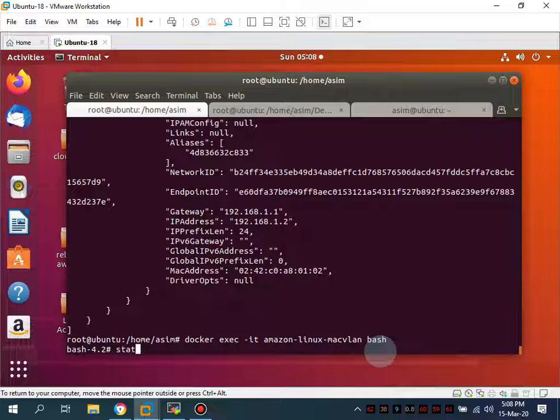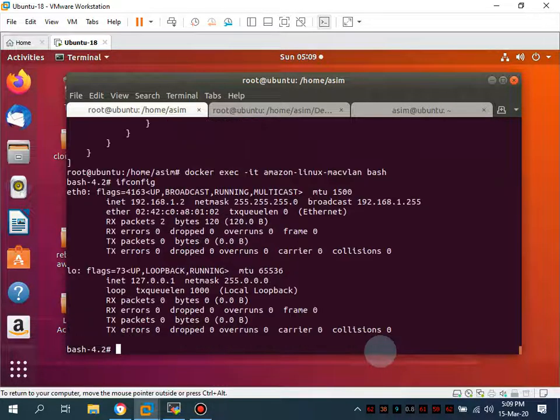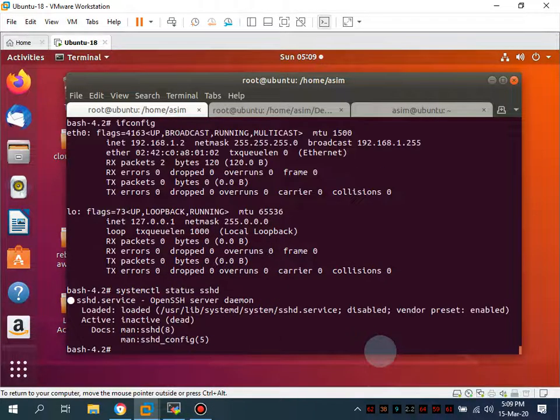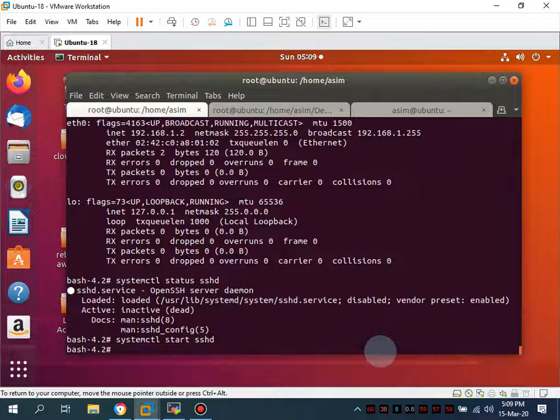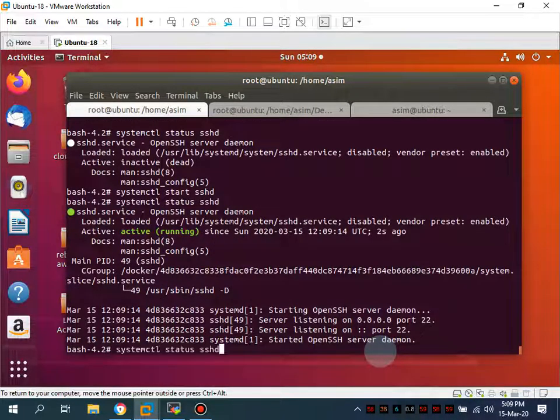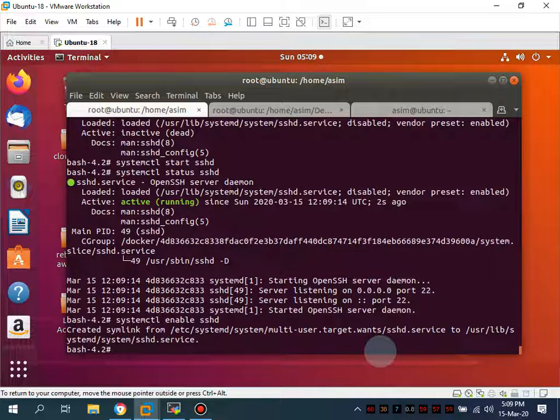Okay, so see the systemctl. I've already installed the SSH service in it, and ifconfig as well, everything is installed. You can use systemctl status sshd. By default it is going to be stopped, and we are going to start the sshd. Started. See the status is running. Okay, if you want to enable the service, it is going to be enabled, and